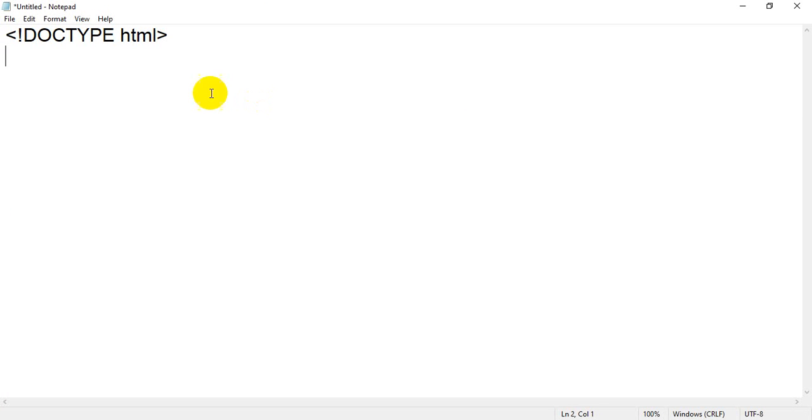If you miss this line, there is a chance you will still get the correct output, but since you are writing inside HTML5, you have to write this line. Otherwise the examiner may cut or reduce some marks. So you have to write this line because we are using HTML5.